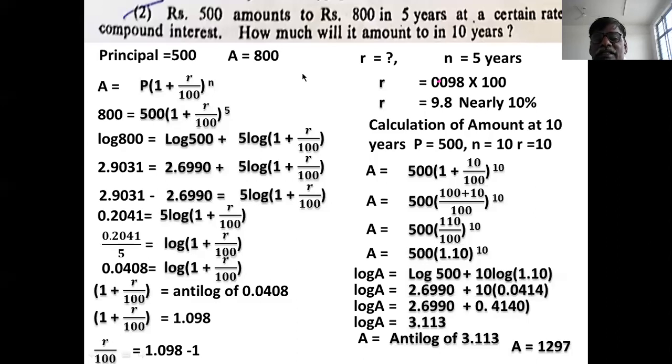So, in the same way you calculate, take the rate of interest 9.8 instead of 10. You take 9.8% rate and calculate the answer. Your answer will be 1280. My answer is 1297 because I considered the nearest rate. You consider the exact rate 9.8 and apply that. I think you will get the correct answer. Okay, this is the second problem